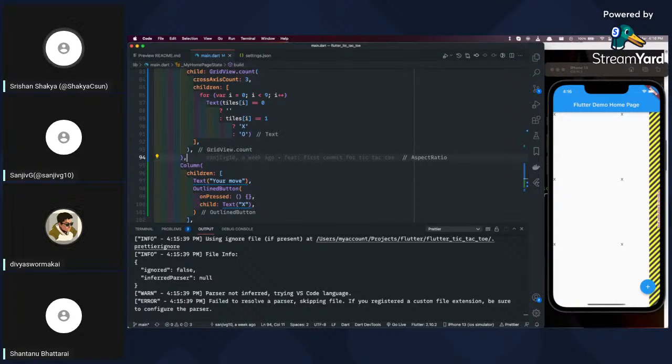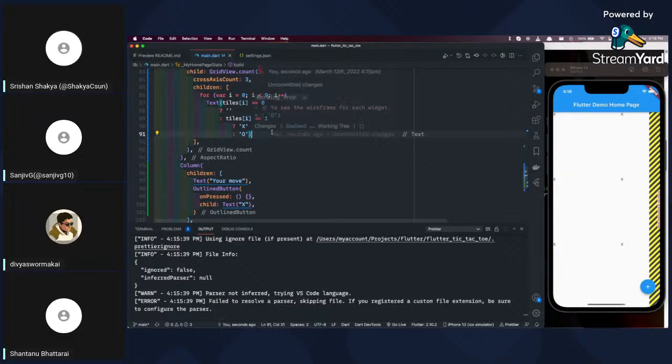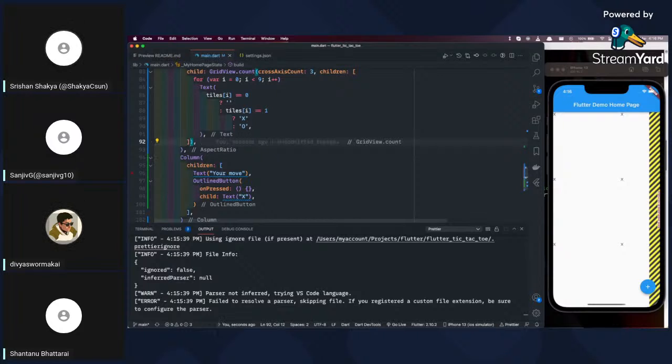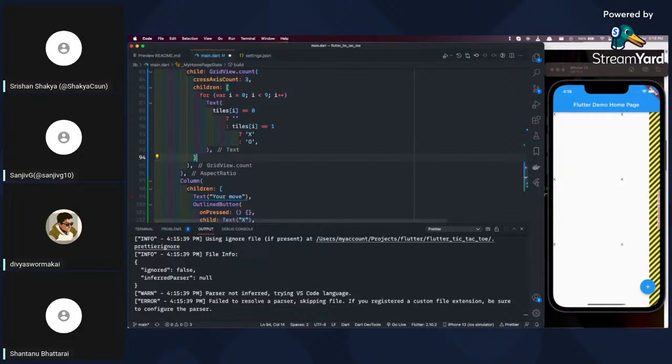Where was I? Let's try and add a comma after line number 91, before that parenthesis. Commas in Dart are very important because they help the formatter know where to break things. So if I remove this, it looks a little bit messed up. The formatter doesn't work like that. It keeps adding more commas after parentheses and those brackets.